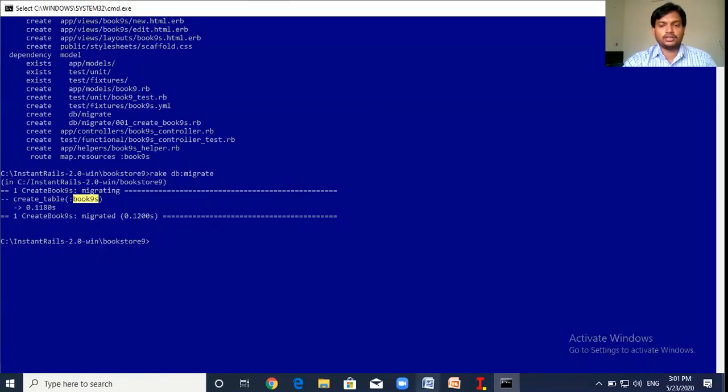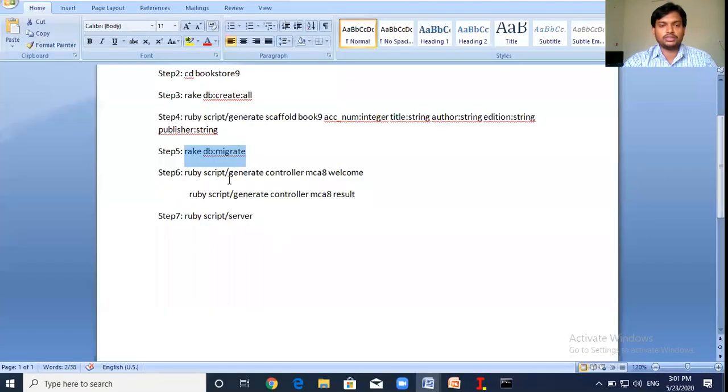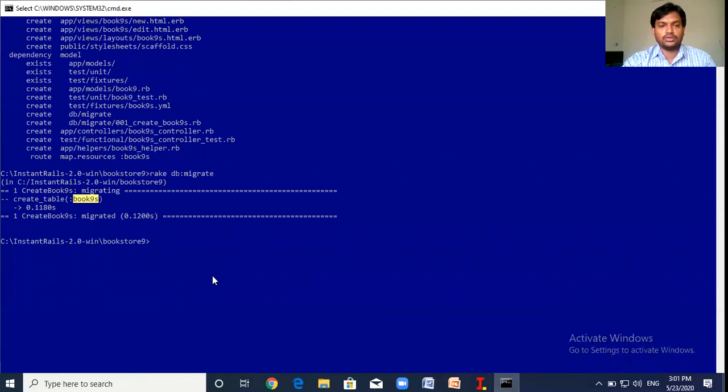After that, the next step is that we need to create a controller. For creating the controller, we need to run this line: ruby script/generate controller. Here the name of the controller is MCA9, followed by the page, the welcome page.